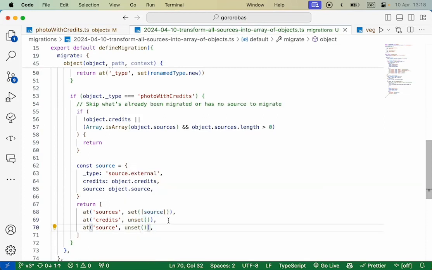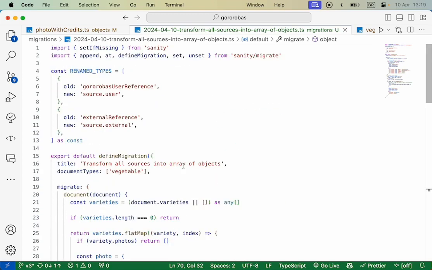If this was a production piece of work that is live, I would not unset it. I would make sure everything is published. So I would split this migration in two. One is setting the new data, the other is unsetting the old one. Also because content editors would be using the studio, etc. In this case, I do have a little more leeway to just go and run.